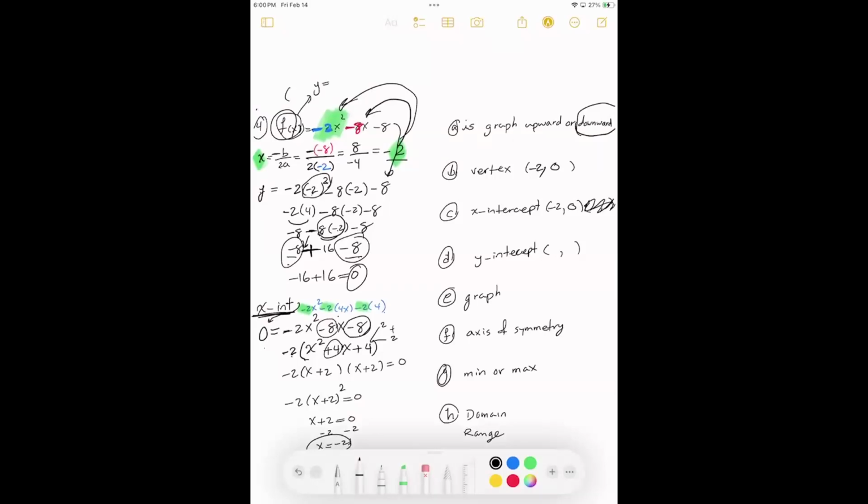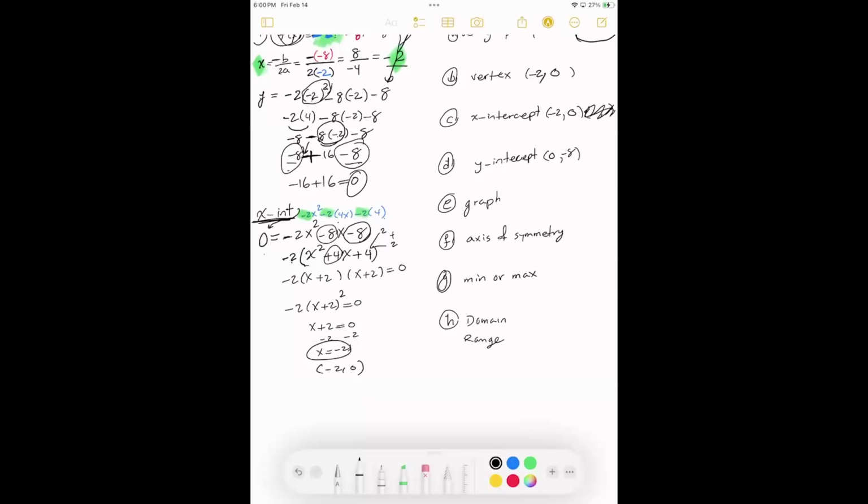To find the y-intercept, you're going to put 0 for x, right? You have negative 2 x to the power 2 minus 8x minus 8. You're going to change these x's to 0. 0 times 8 is 0. 0 squared is 0 times 2 is 0. So you have negative 0, negative 0, negative 8. Negative 0 is just 0. And then if you have a 0 with negative 8, that's all you get. That's the answer. X is 0, y is negative